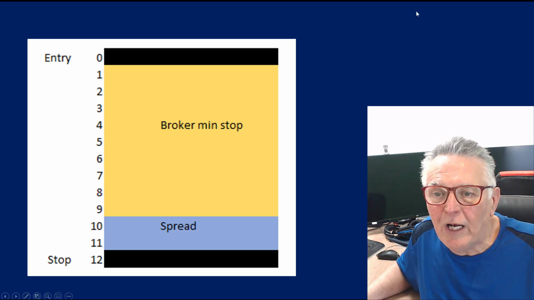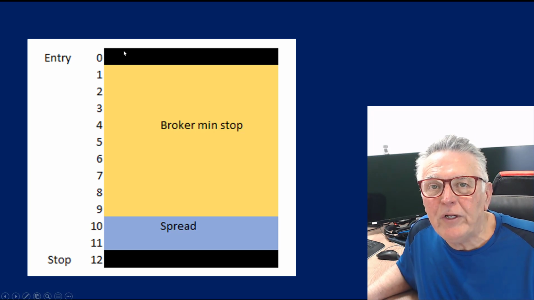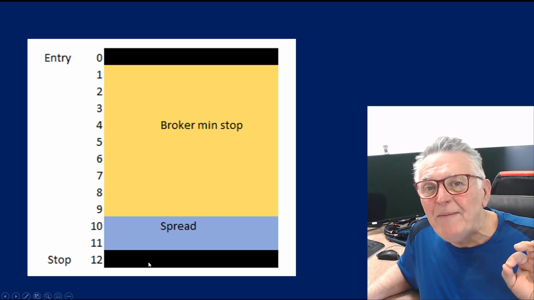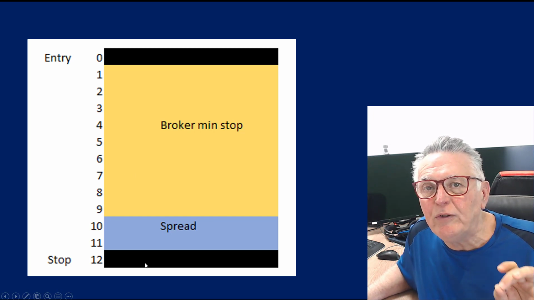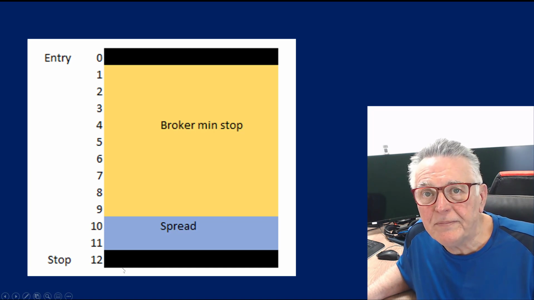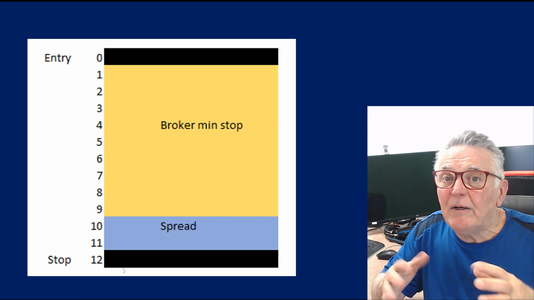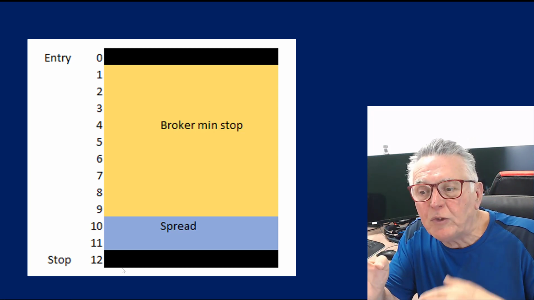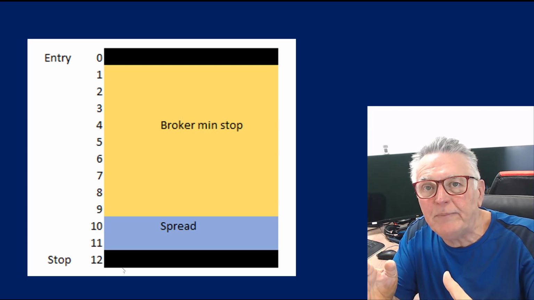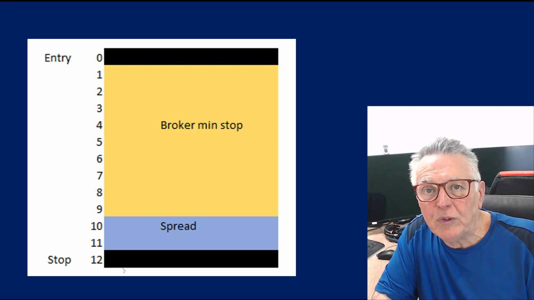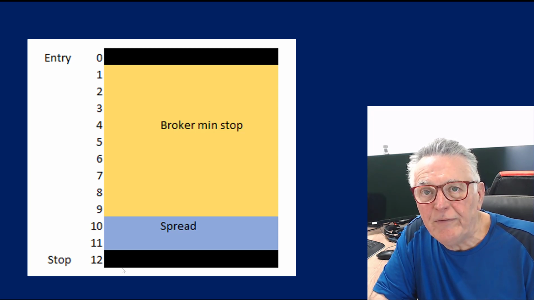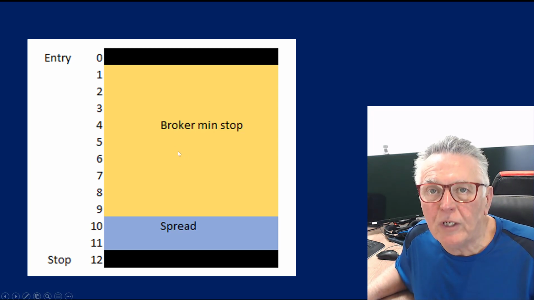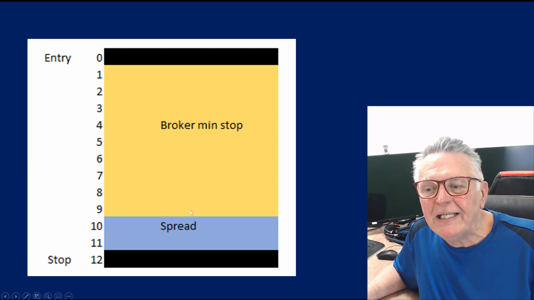So for instance, if you want to enter over here at 0 and you want to use a 10 pip stop, but your spread is 2 pips, the minimum distance that the broker will allow you to put your stop is 12 pips in many cases. This is really applicable to automated trading and robots, where the robot will actually test these concepts before making sure that your settings are aligned to what you want to achieve with the robot. So some brokers have big stops, others have no stops, and others have medium stops, and this can affect your